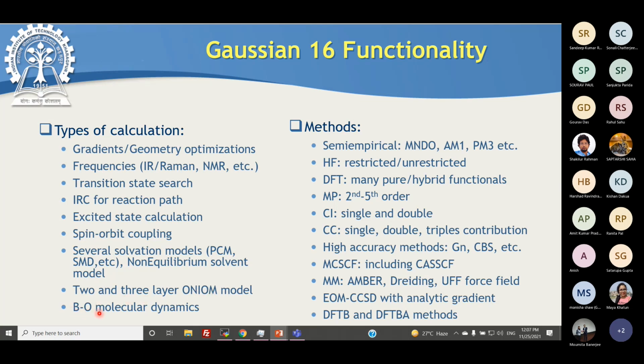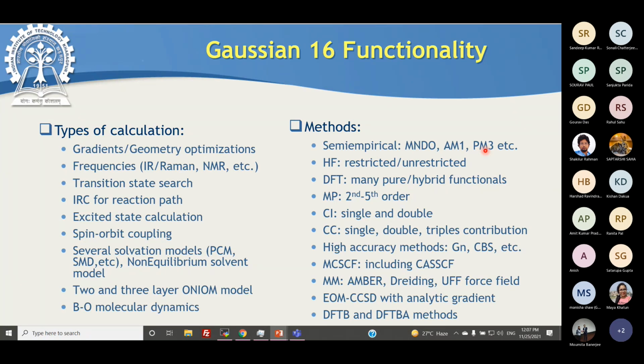Recently, they have introduced a package for Born-Oppenheimer molecular dynamics. There are several methods; I am just trying to highlight a few of them. There are also semi-empirical methods such as MNDO, AM1, and PM3 available with Gaussian.